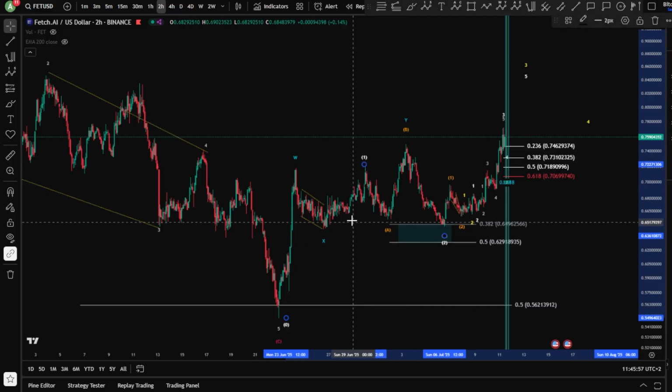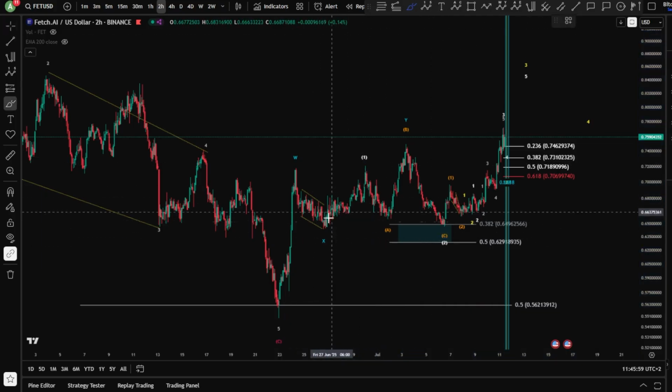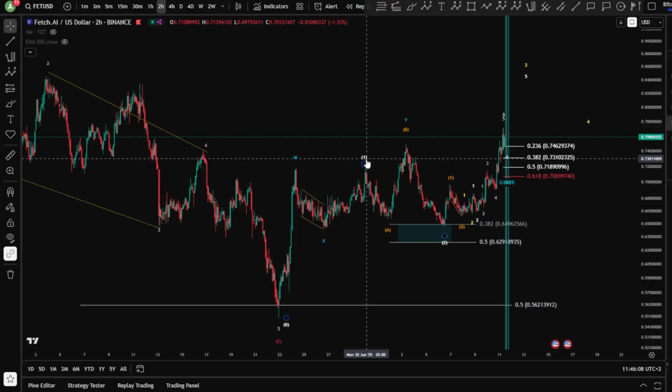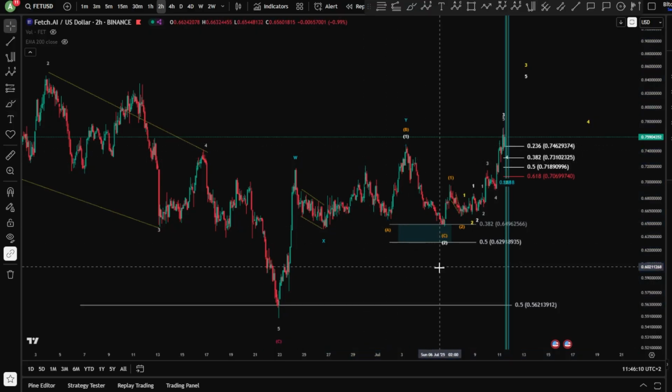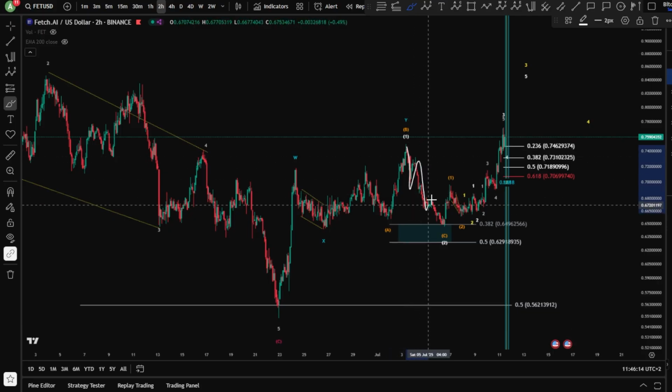However, preferably, of course, that we see this as also kind of like an ending diagonal, but yeah, the wave 5 is longer as well than the wave 3, giving a little bit the highest possibility for a wave 1 here to be, of course, higher. After this, of course, we are looking at a potential A, B, and a C here toward the downside, where